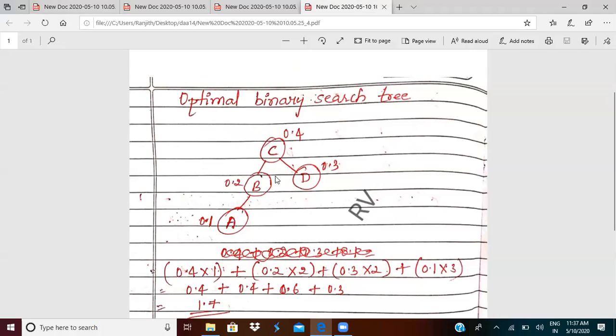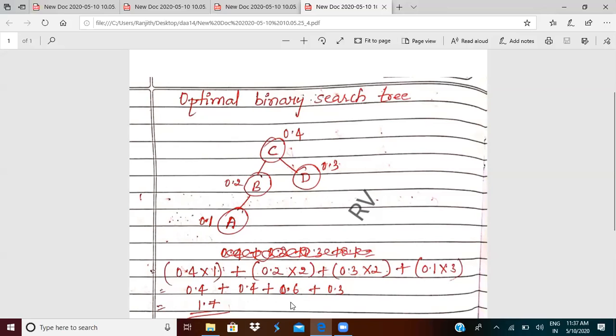Now write down the probability value for each key and compute. This is level 1, this is level 2, this is level 3. So it is 0.4 into 1 plus 0.2 into 2 plus 0.3 into 2 plus 0.1 into 3. 0.4 into 1 is 0.4, plus 0.2 into 2 is 0.4, 0.3 into 2 is 0.6, 0.1 into 3 is 0.3.